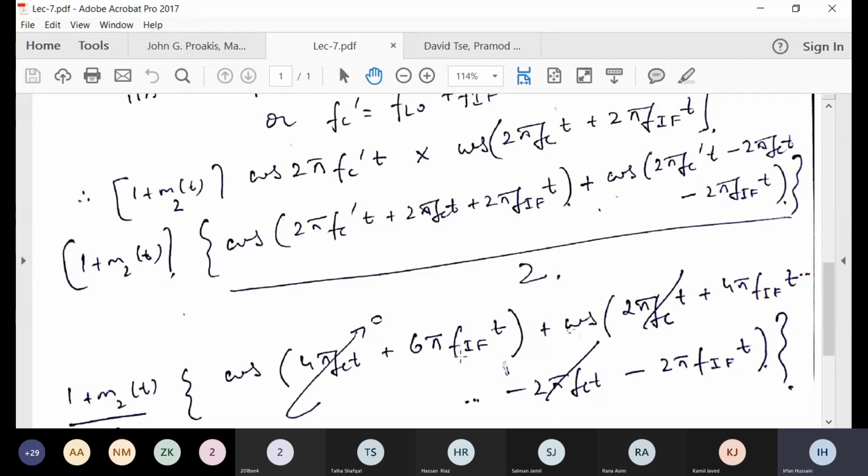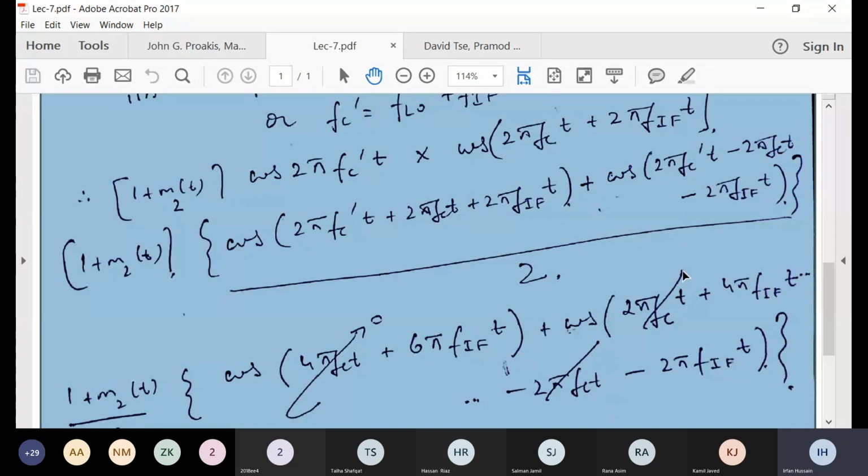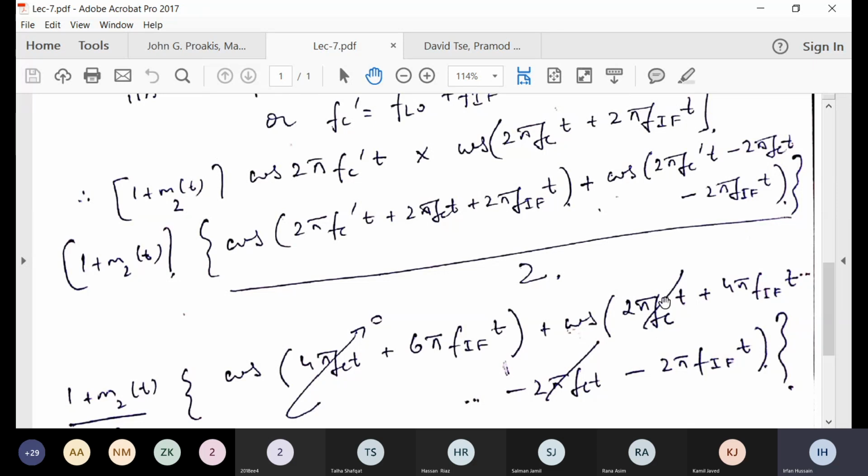So this is a very large frequency, and it will definitely be rejected, which just passes around FC. Now in the difference you have this thing, this cancels. I've just substituted the value of FC dash, which is FC, cancels. We have 4 pi FIF. Now 4 pi means 2IF, and this 2IF will again subtract from it. So you will again get a simple